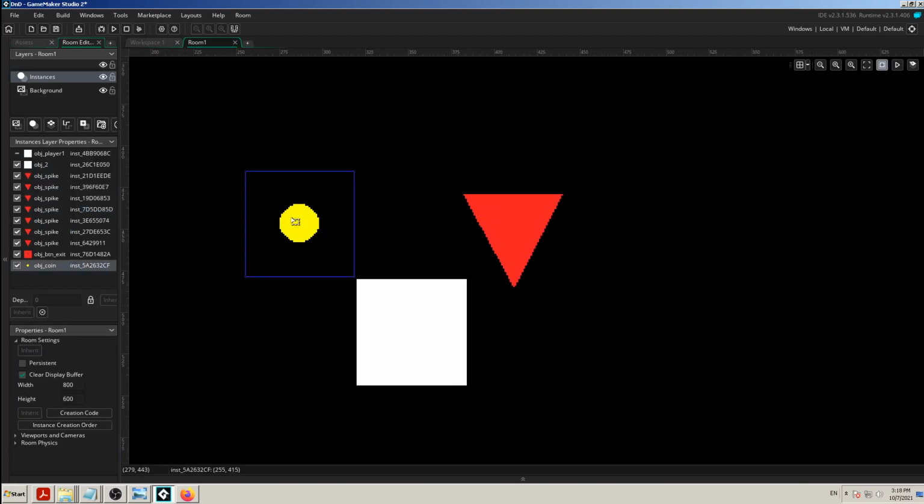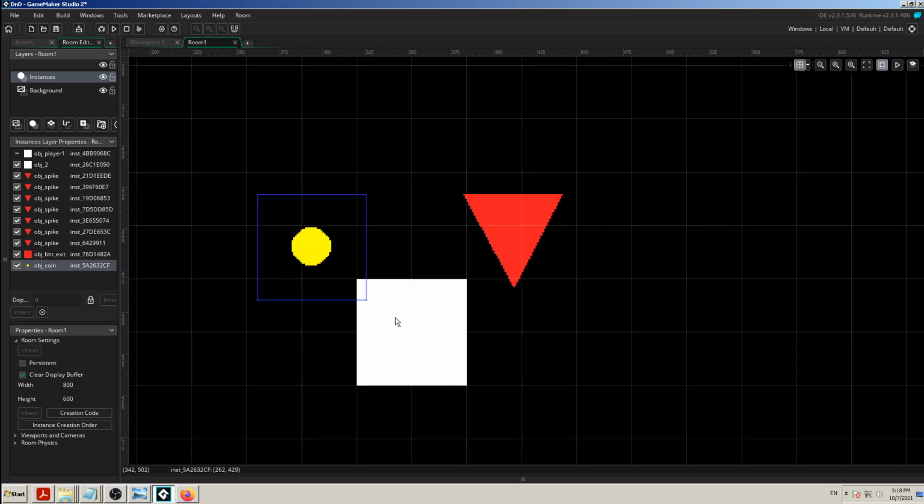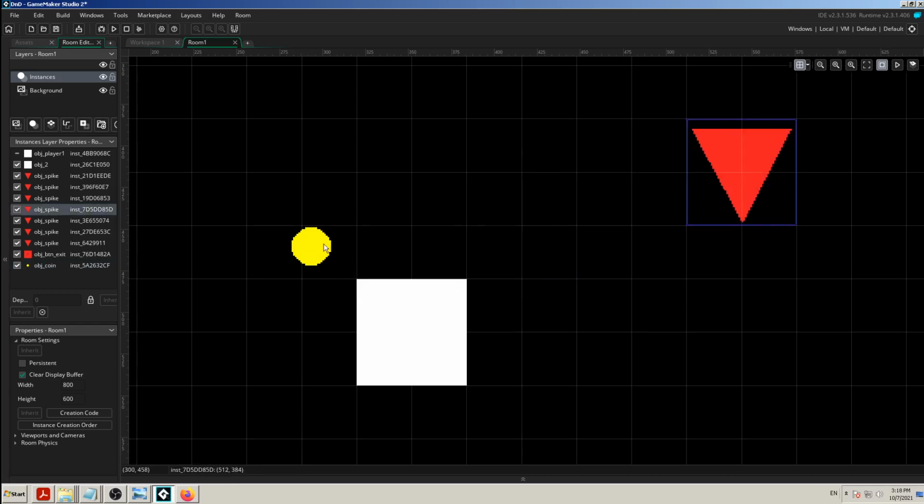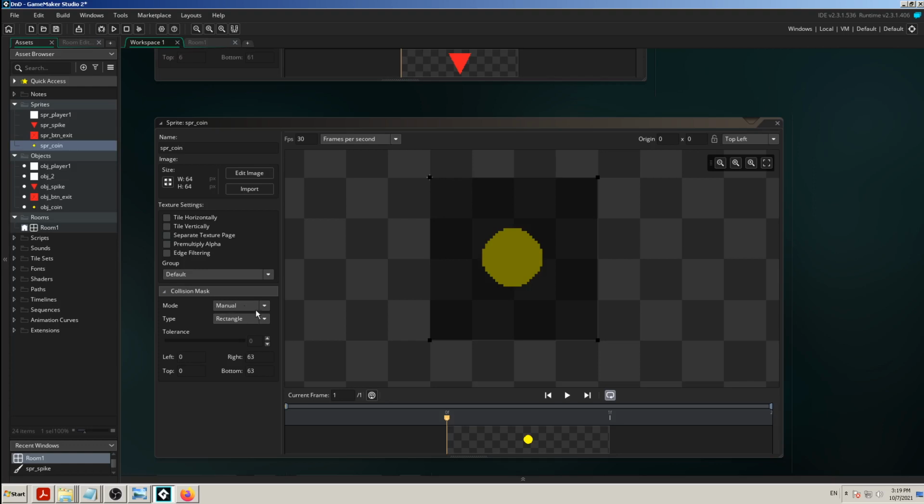So now it's even clearer. For example, now when the player is here, not touching the yellow circle, the coin, GameMaker will think actually it is touching it, because its collision mask interacts with the player. Collision mask is too big here for this coin, so I will make it